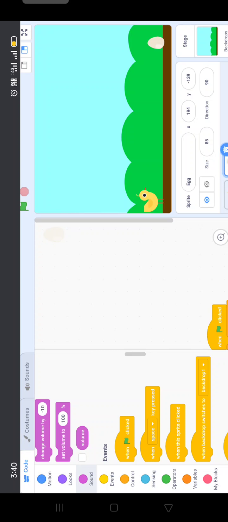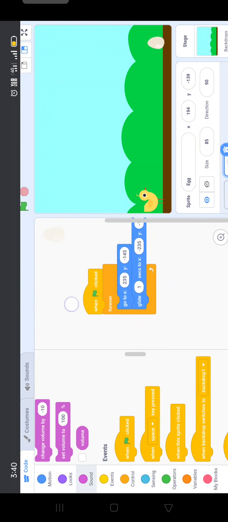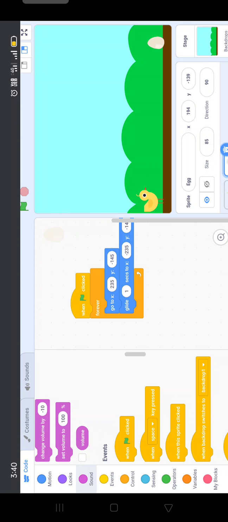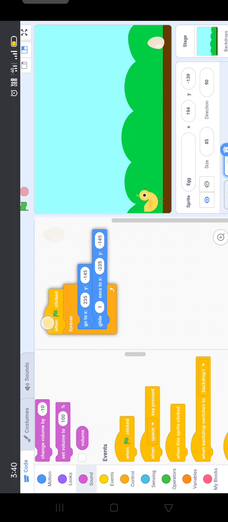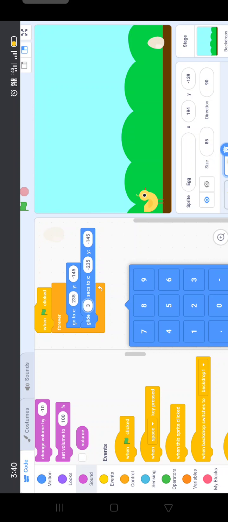Third step, to take some more obstacles. Okay, making a moving obstacle is over. Now the game stop. First we have to make the third step, to stop the game, right? To make that stop, here glide, make it 3 seconds.